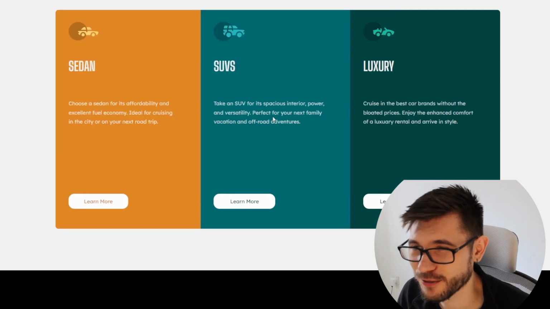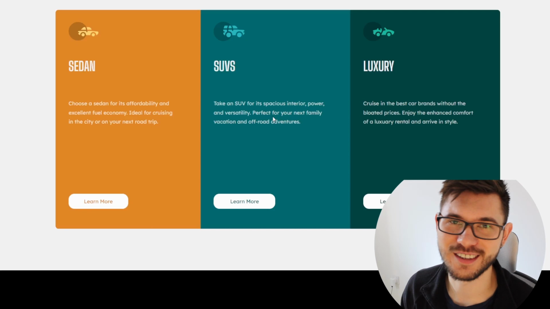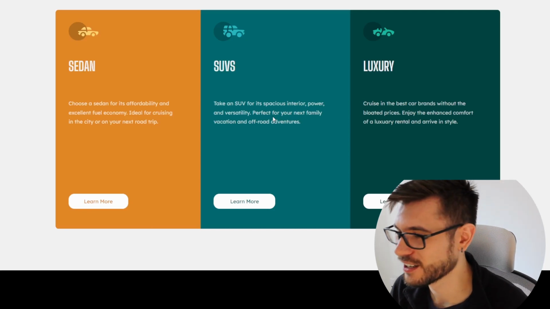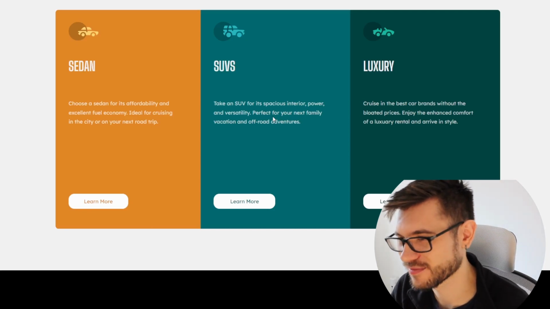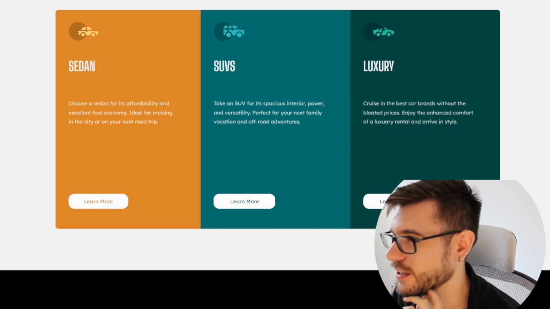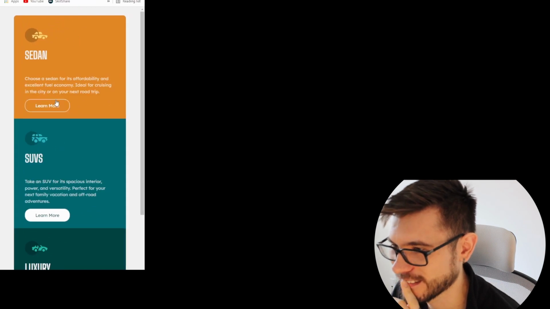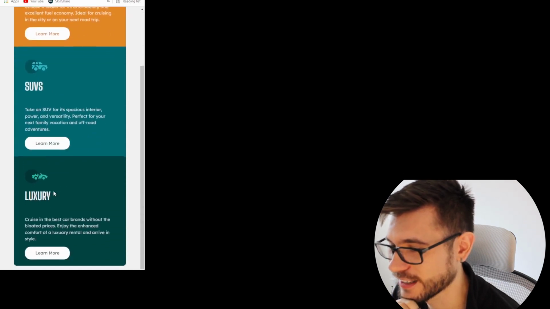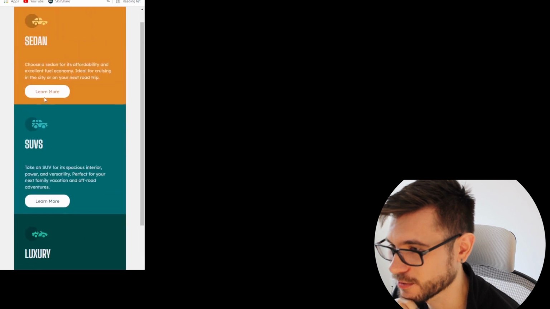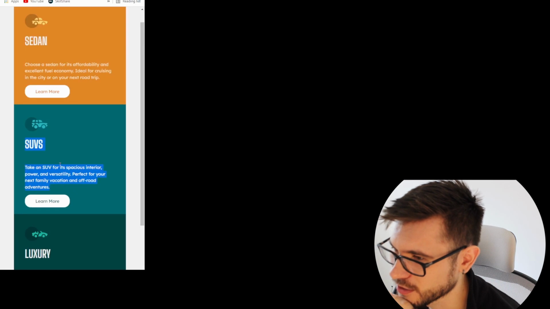And finally, the Frontend Mentor challenge. This one was a lot easier than the previous weeks, but there's a few points I'm not entirely sure of. So I started off with a mobile design, and yeah, I thought this looked quite nice. You've got the hover effects working nicely. Probably a bit of an issue with spacing here,